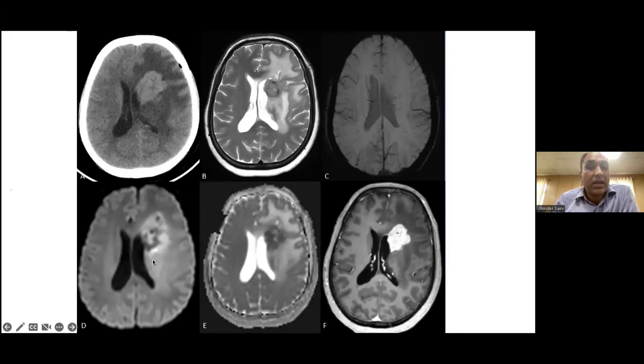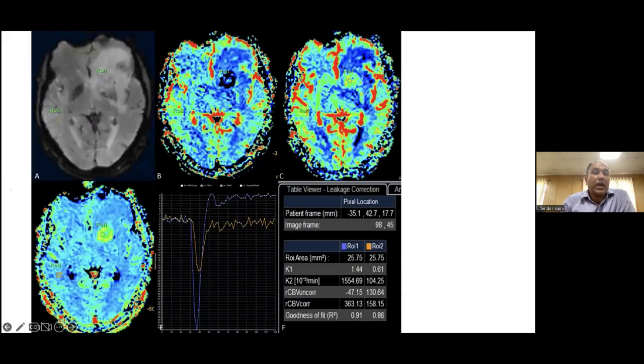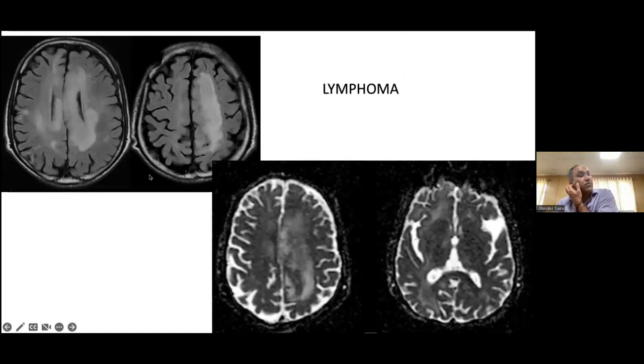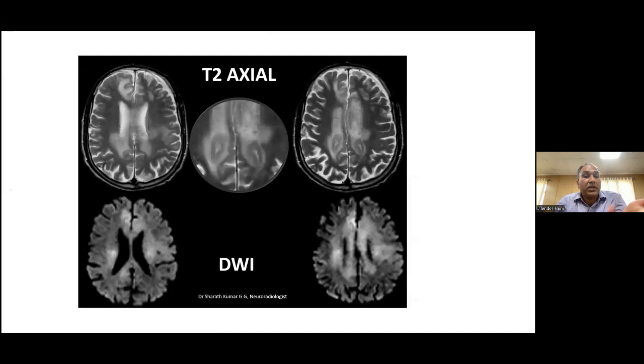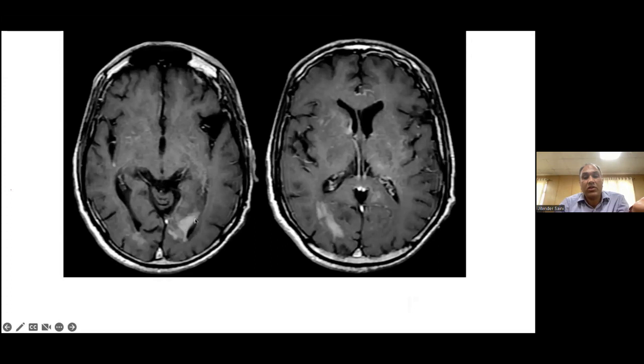So characteristic they are. On perfusion they will show lower perfusion, but sometimes they can present with very ill-defined lesions of the brain, very vague signal changes in the brain, and at that time the lymphoma cells are actually infiltrating the white matter, but there is no mass formed, and the mass appears later on. For example, in this particular case, you can see that initially there was hardly any mass lesion, but you can start seeing some masses over a period of time,